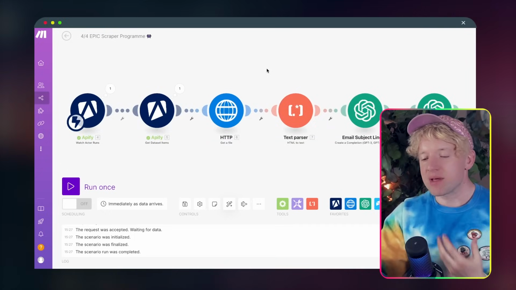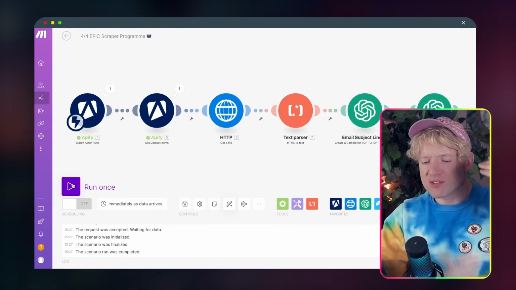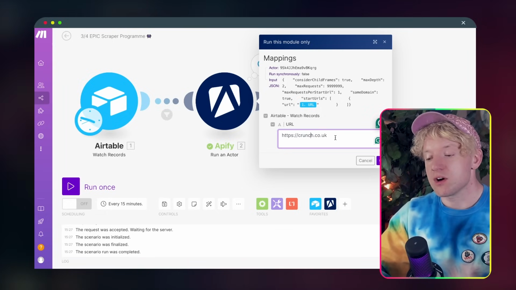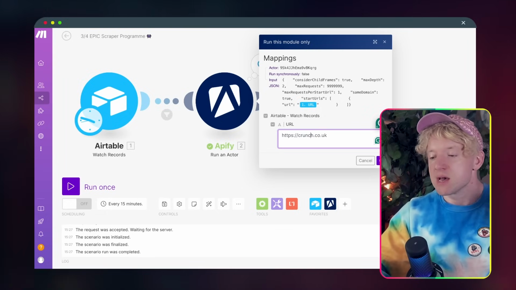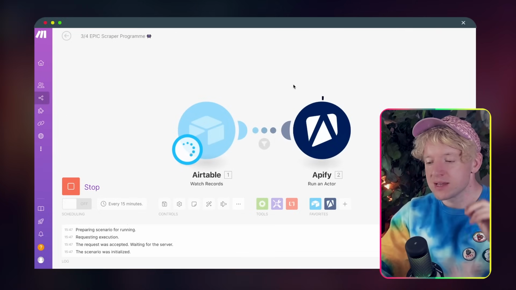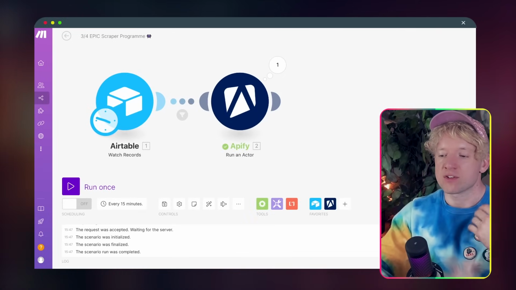Before we add in and grab that data, I just want to run it one more time. So let's click on run once here, and I recommend you use this URL here, https://crunch.co.uk, because it has a lot of the data already and it will port over for you nicely. So click OK. This is going to run the actor, and now this is going to scrape all the data